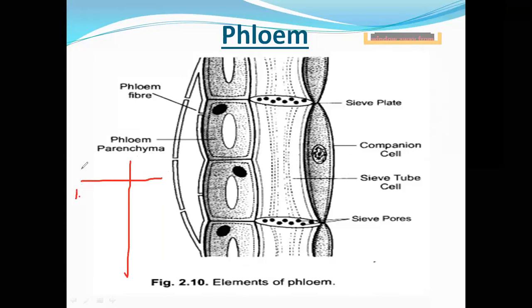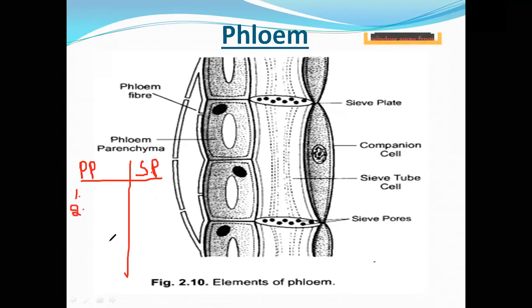The first point is, suppose this is a primary phloem. Imagine in the next column this is a secondary phloem. I will go one by one through a few points. I want to bring your notice, just try to understand. Generally, primary phloem develops from the procambium of apical meristem, whereas secondary phloem develops from the vascular cambium. Vascular cambium means it is a lateral meristem.